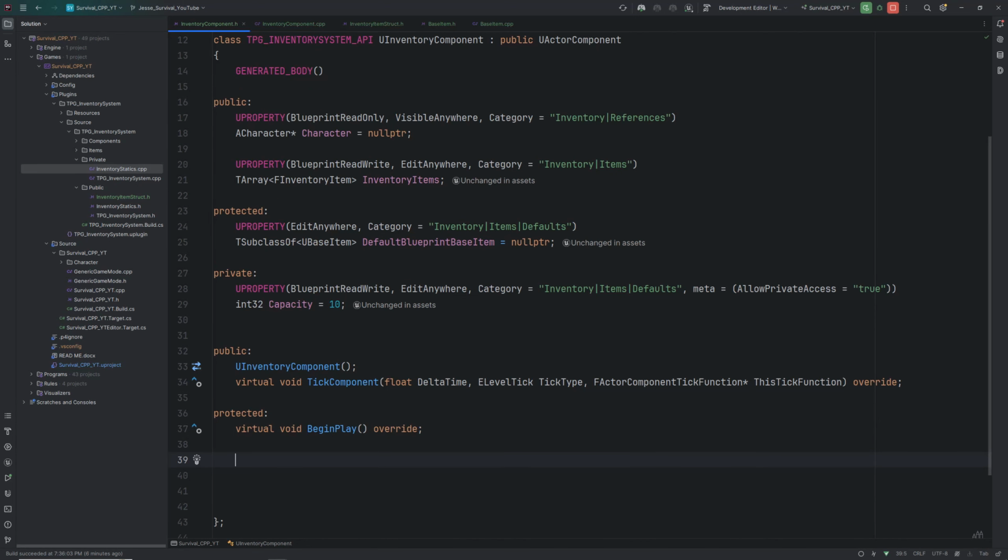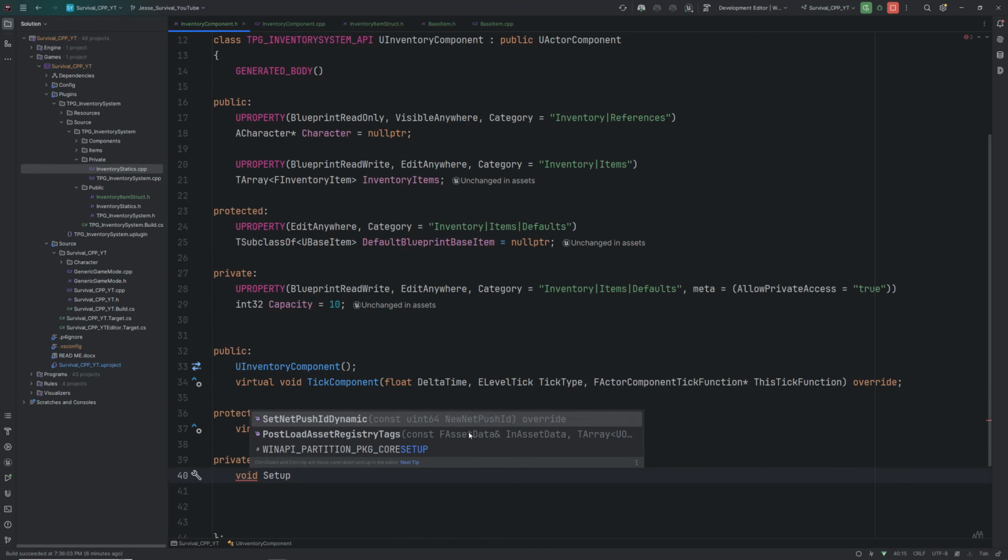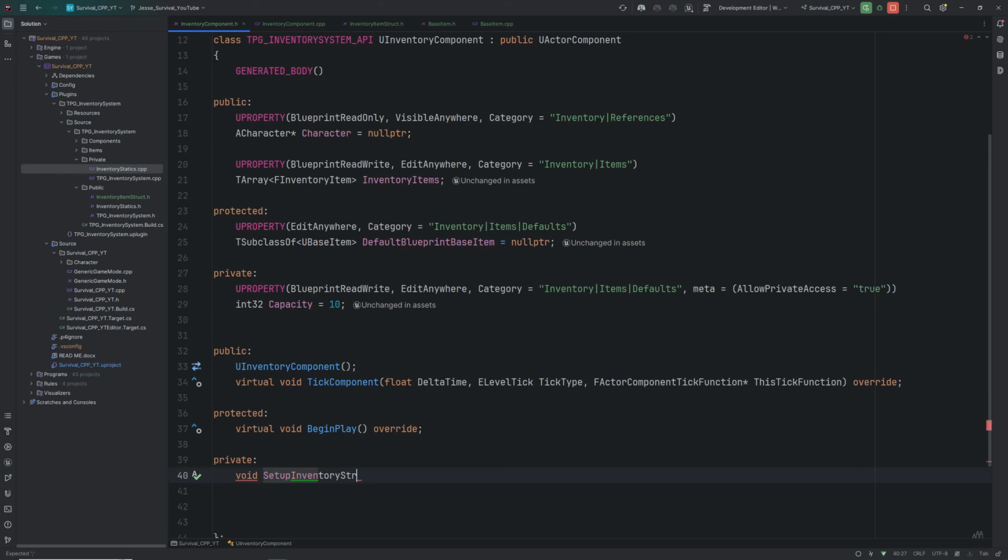And again, you can organize this however you want. I like to separate my variables up on top, and then down on bottom I put in all my functions. So in the private section, I'm going to go void SetupInventoryStruct. We don't need any parameters for this, and it's private because we don't want any other function or child function